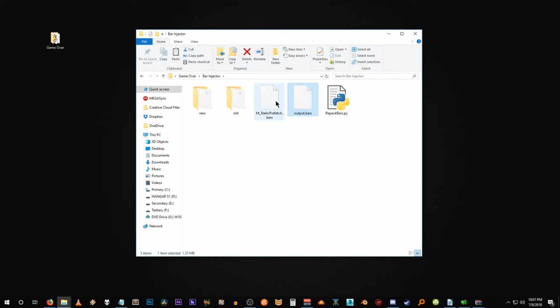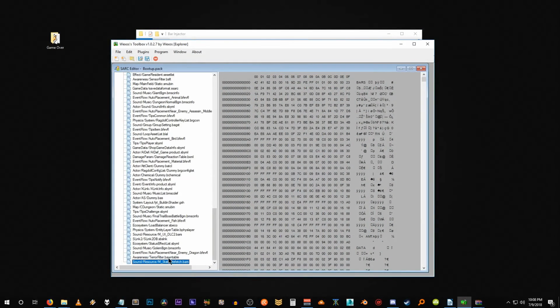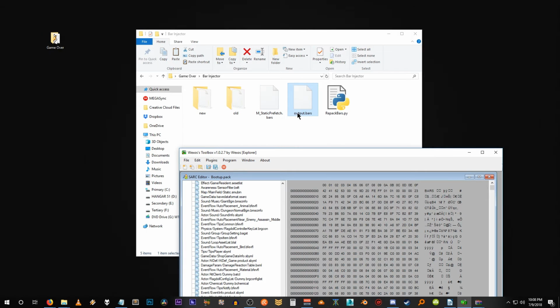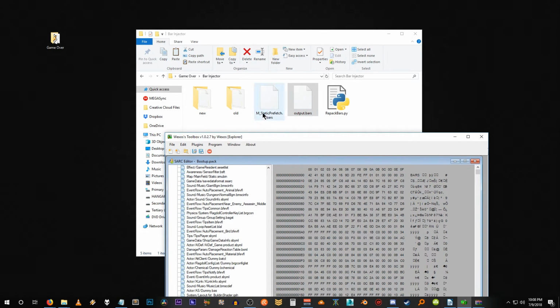So the next thing we want to do is actually inject this .bars file into our original .pack, because that's where the game over file originally came from. If you remember at the beginning of the tutorial, I asked you to keep Wexo's Toolbox open because we're going to replace this file and then resave out this pack file. But there's still a problem here, and that's that we need to rename this output.bars file to the original mstatic